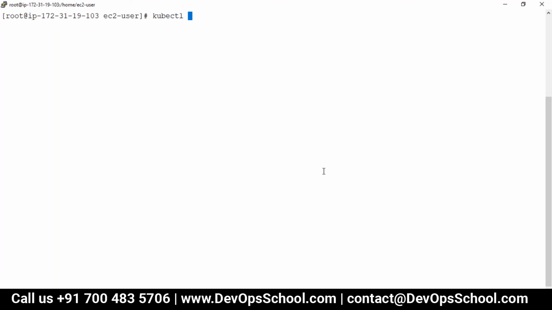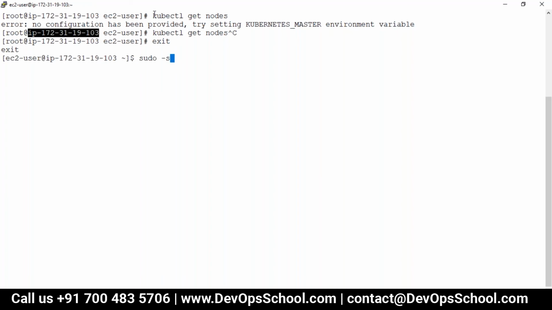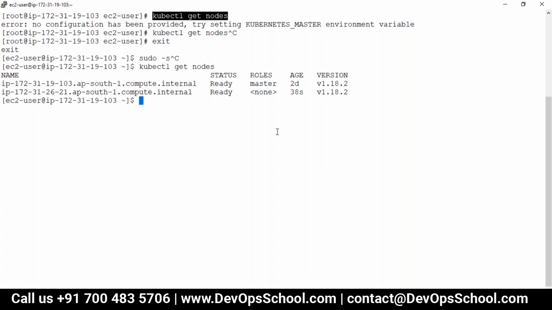kubectl. Now workstation. Remember, workstation, not a master. I'm in workstation. Why? Because I'm a root. Here, exit. So that confusion you have to clear all this time. Guys, ready. So guys, everything is ready. My workstation is ready. My master is ready. My worker is ready with one worker.